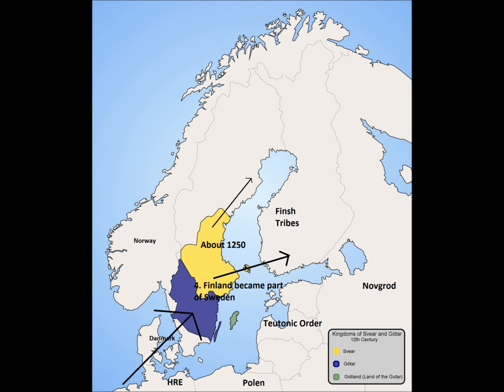Very low population, because there weren't a lot of towns or anything in Finland, from what I know. It's kind of strange. The Germans were coming up to Sweden around this time and building up the towns, so why didn't they do it in Finland? It probably has to do with the low population in Finland, which doesn't generate a lot of trade, so it's not really worth it to go to Finland.